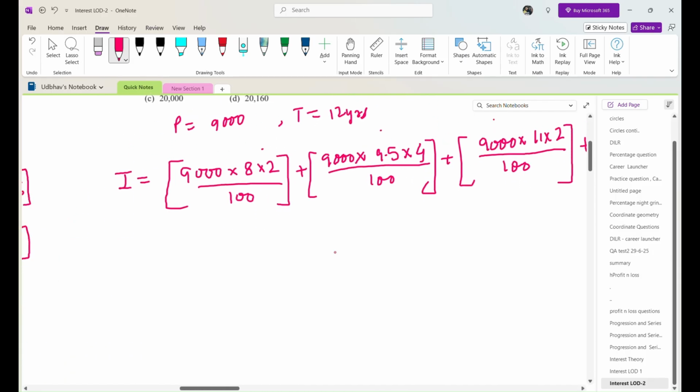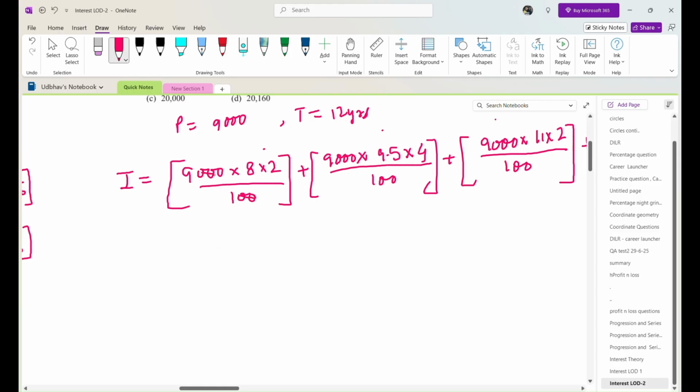So we can now solve them individually. This will give us 16 into 90, 1440, plus this will give us 90 into 4, 360. 360 into 9.5, 3,420, plus, this will get cancelled, 22 into 90,